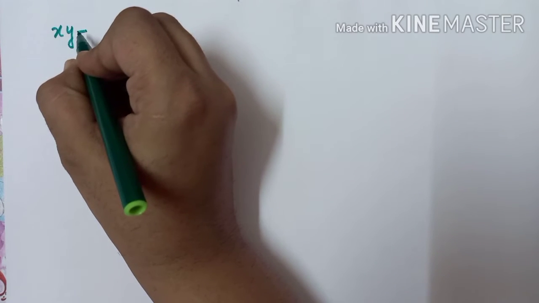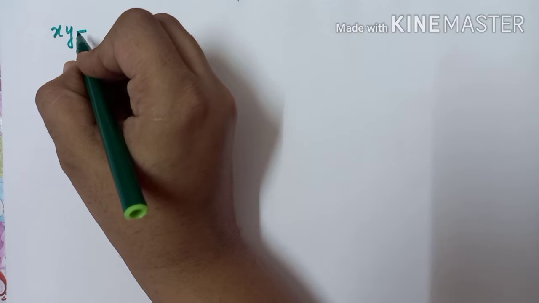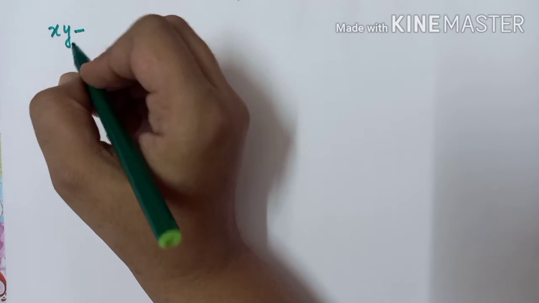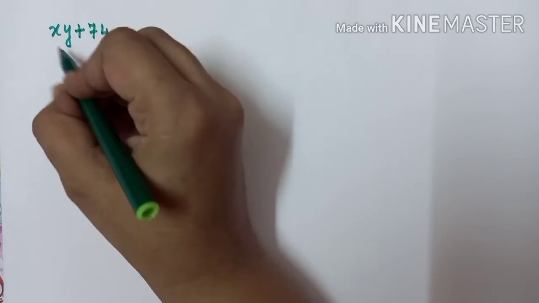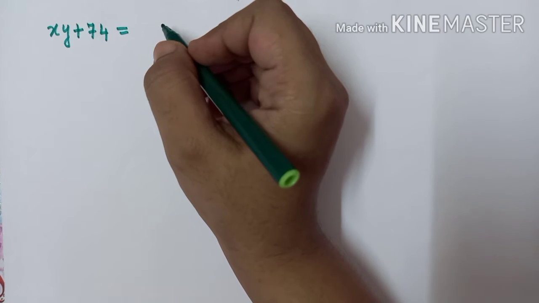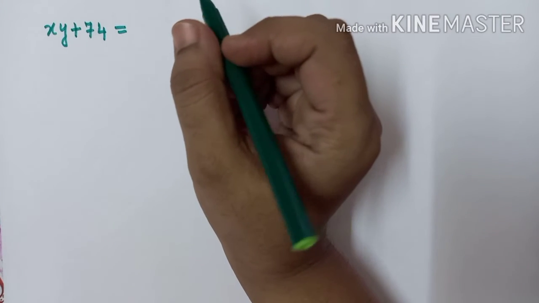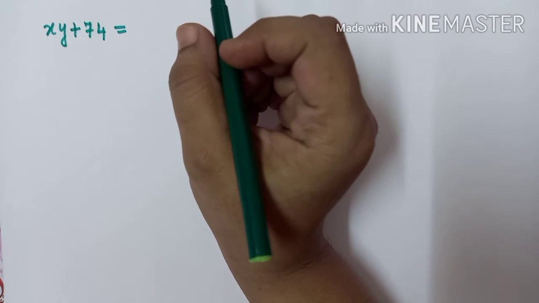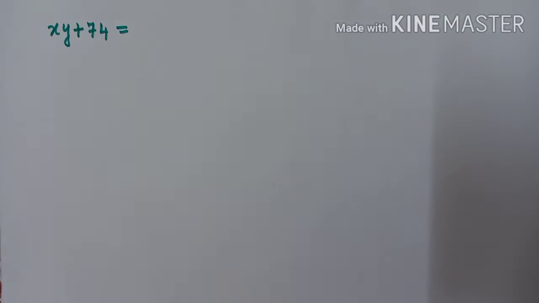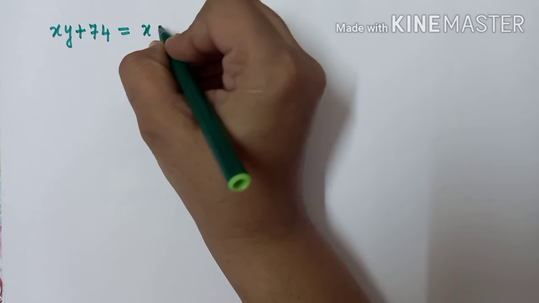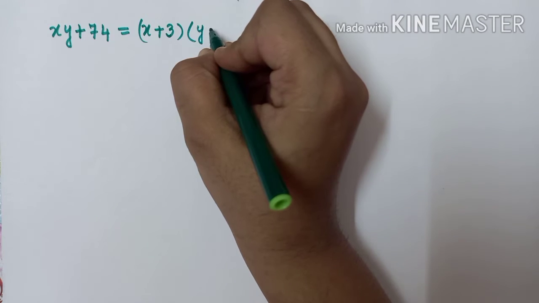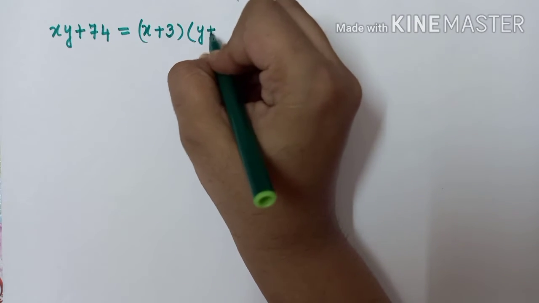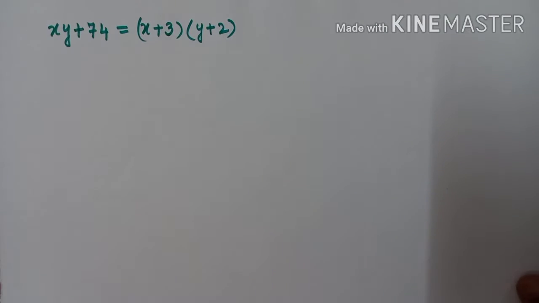If we increase the length, the area is increased. The area is increased by 74 meters square. Increase is nothing but plus 74, then equals to, actually area is nothing but L into B. So L into B means what? It is saying about the length increase. If we increase the length by 3 meters, so length is increased by 3 meters, and breadth is nothing but y. It is increased again by 2 meters. So this is how what you got.